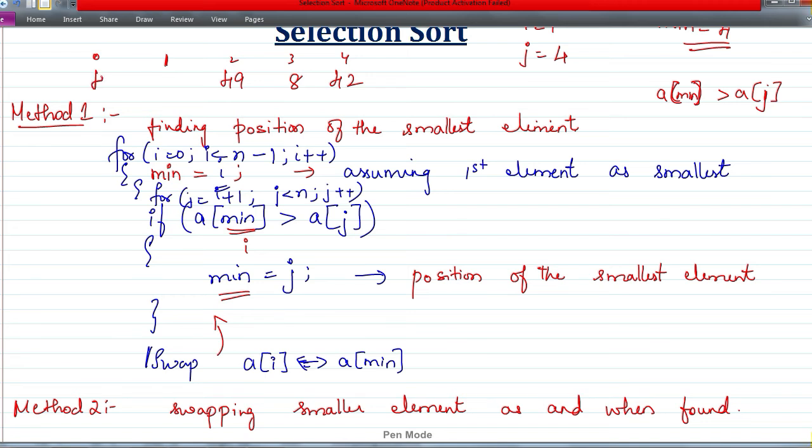So 42 and 82. Now this 42, again the element at first position only, I am comparing with the second element. It's not greater. Again I compare with the third element. It is greater. So now I interchange these two. So instead of copying position, we are interchanging the numbers itself. So at the end of first pass, here we had 25 actually. Then again this first element is compared with the last element. It is not greater. So at the end of first pass, we have the smallest element in its position.